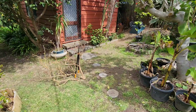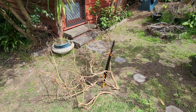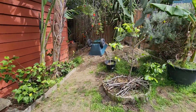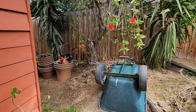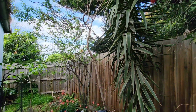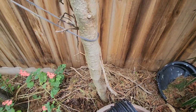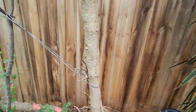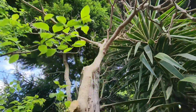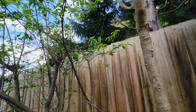And whilst I'm out here, I started working on another Tamarillo that died. This one was a little younger, 5 or 6 years old. It's the one I planted behind the bungalow, where I have all my pots. That one there. It was just yeah, that's had it. It was just a secondary backup Tamarillo. So I'm gonna cut that down. I've already started, as you saw. And it's next to this